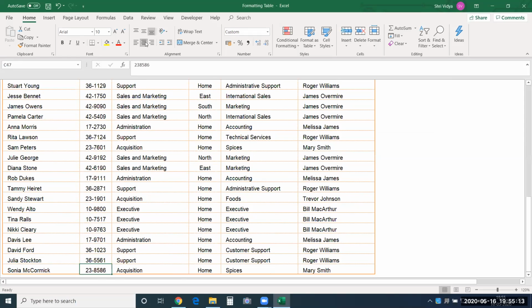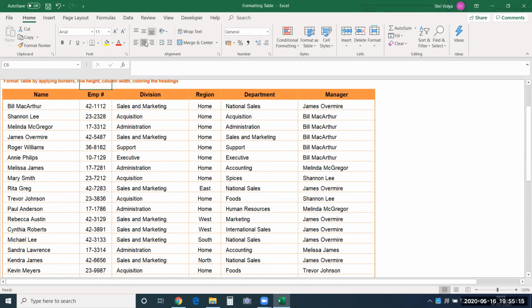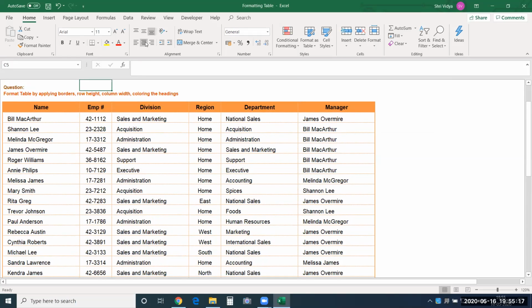So now we are done with the formatting part. To explain it, I took some time. If it was really just to format it, we could have done it much faster. I was explaining it to you one option after the other to make sure you all understand it. So now you might have seen how exactly the formatting has an impact on your data. This looks really neat and readable now.